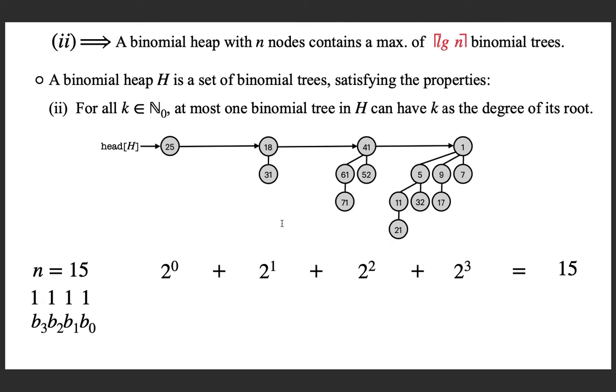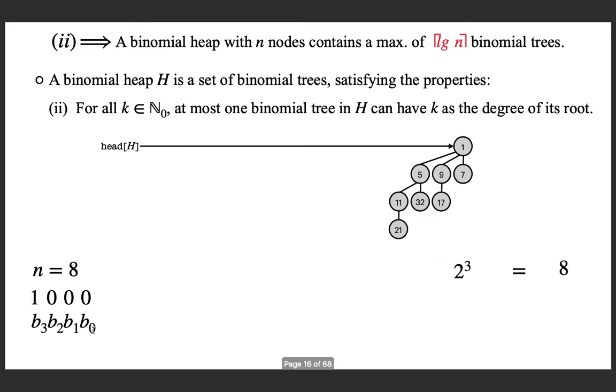Okay, to make it more clear, now you consider this binomial tree, and you can see that there are 13 nodes in it. If you look at the binary equivalent of 13, it is 1101. So what is not there is B1, the binomial tree B1 is not there. So the total number of nodes is nothing but 2 to the power 0 plus 2 to the power 2 plus 2 to the power 3, and that is 13. So wherever there is a 1, you add 2 to the power of that bit position.